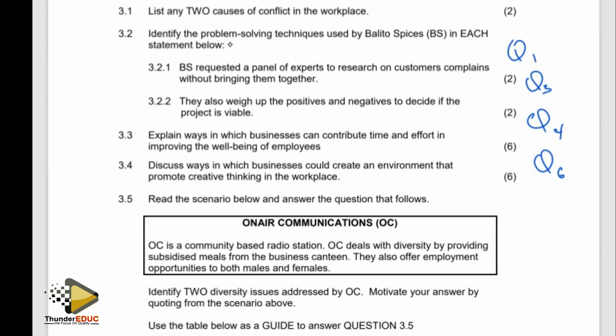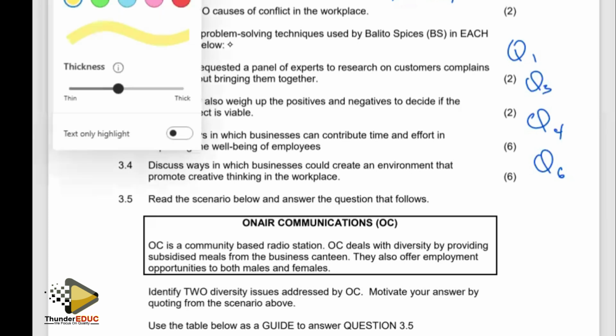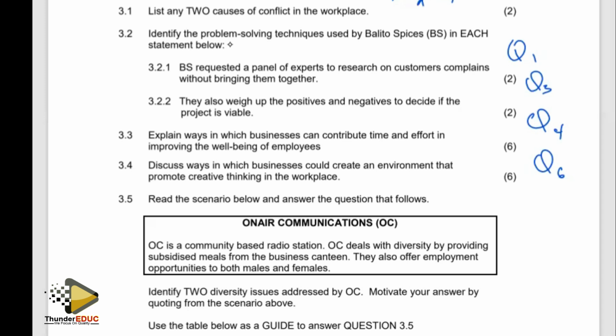So now the fact that here you're actually asked to mention 2, then you're going to say this can be unfair workload. But remember, grade 12s, you are not only limited to this. Unfair workload. Okay, right. So we also have different opinions. One can actually ask why these 2 points